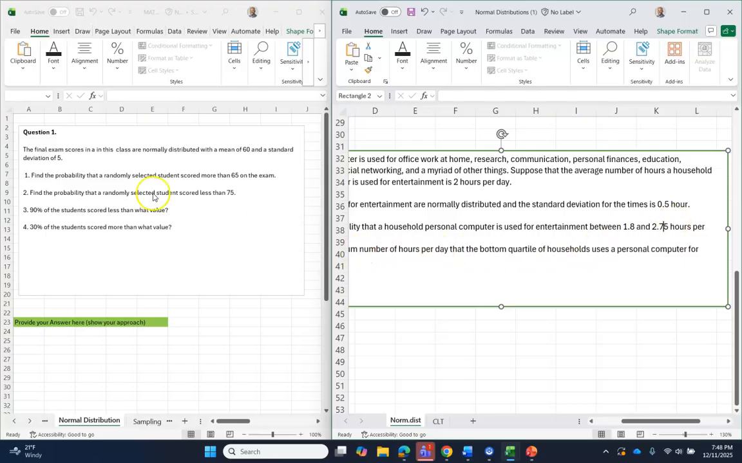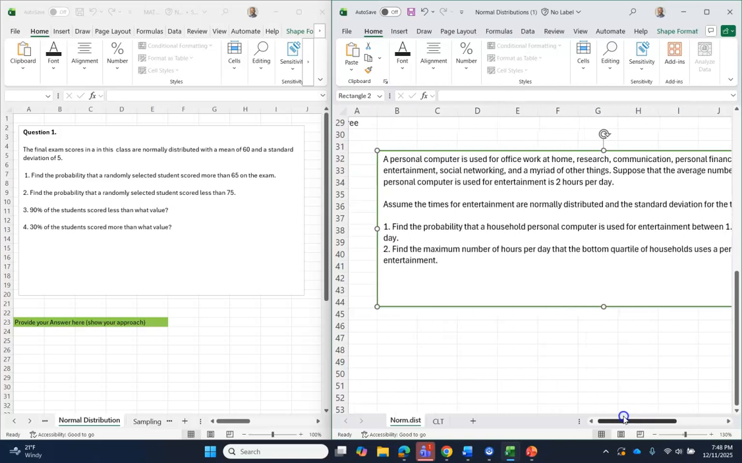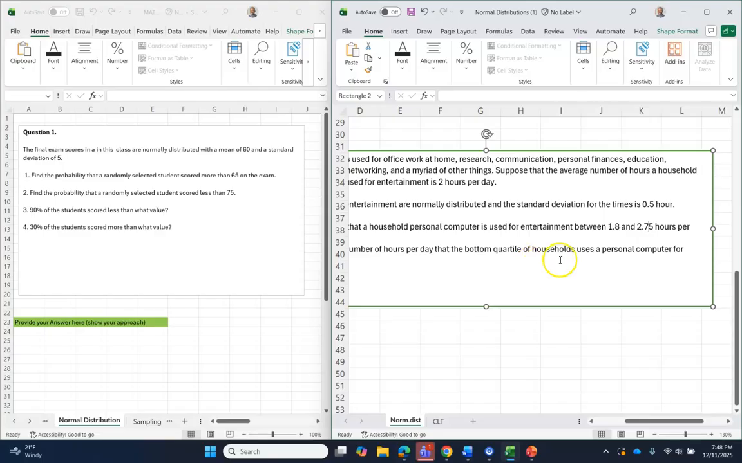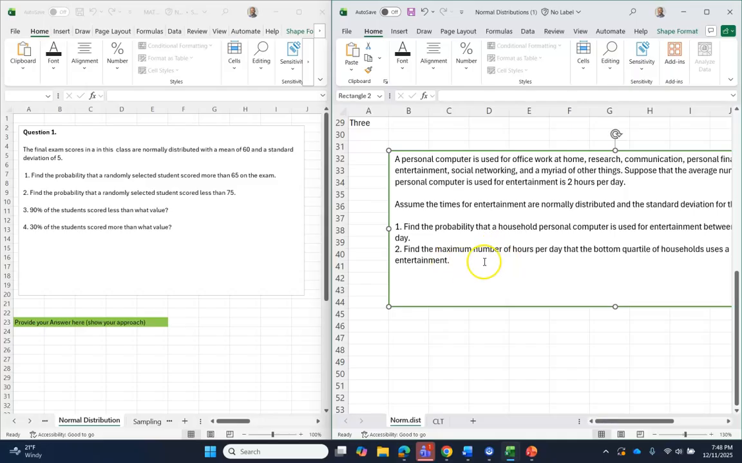And then here you can see we have 90% of the students score less than what value. And here I may also change, but it says find the maximum number of hours per day that the bottom quartile of households uses a personal computer for entertainment. When we talk of the bottom quartile, that means actually we are looking for the 25%. It's just the wording. So all I'm going to do is to do the calculations,